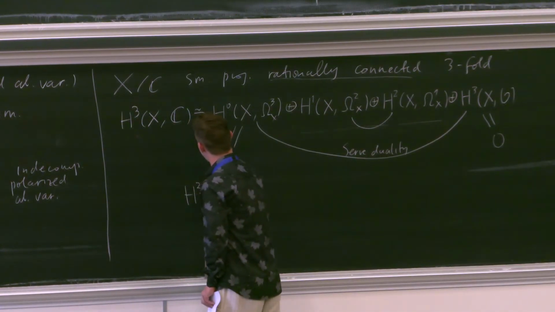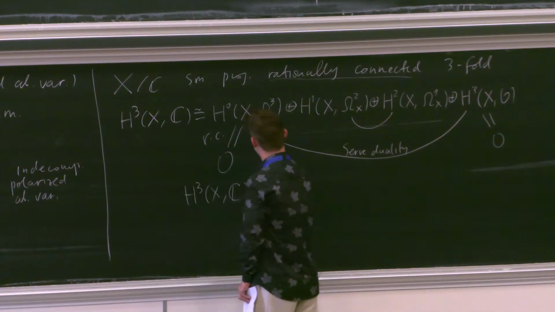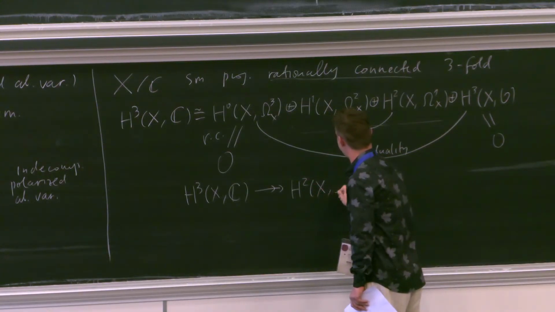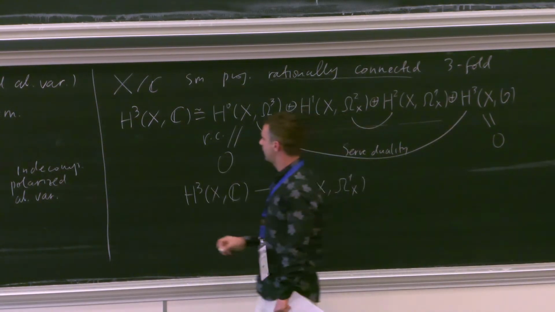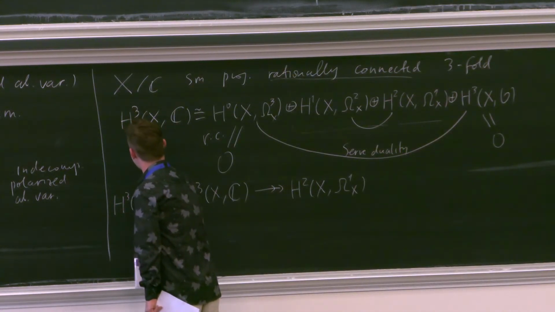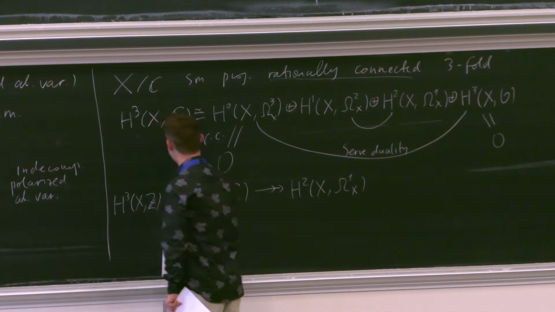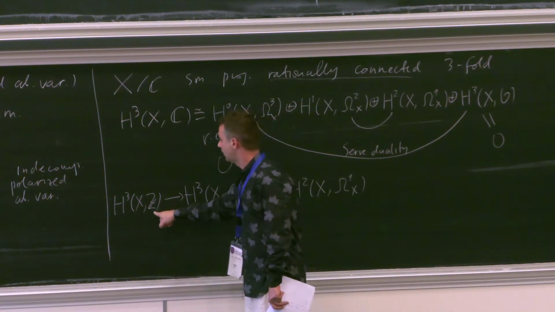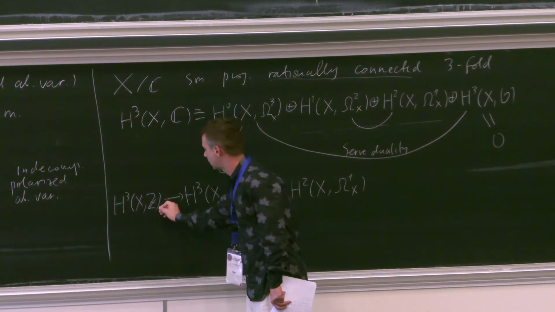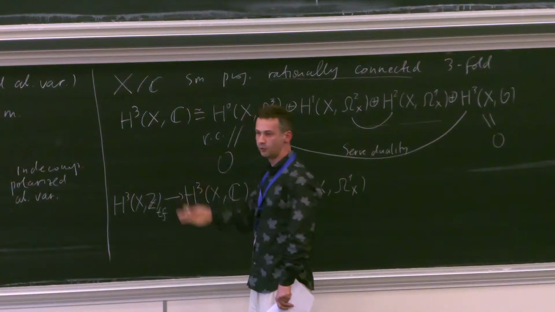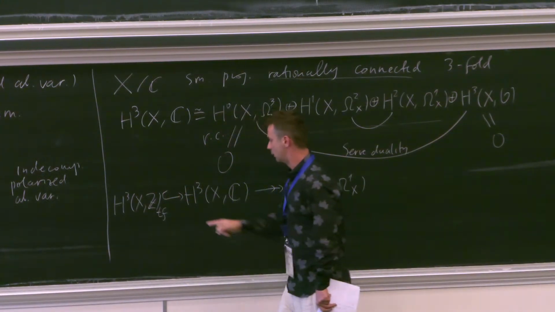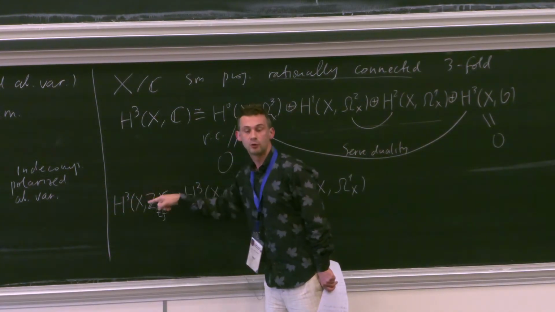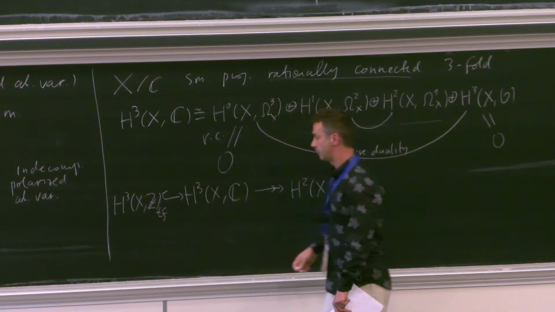Specifically, we can look at H3 of X with C coefficients, and there's a canonical projection to this piece. And I'm looking at H3 of X with Z coefficients, mapping there as before. So this morphism is usually injective unless there's torsion in your homology group. So that's standard: to get a torsion-free quotient, you take out the torsion, then it's injective. And we'll look at this composition. Previously, in the curve case, there was no torsion in H1. This literally was a free group, but sometimes there's torsion in this homology.